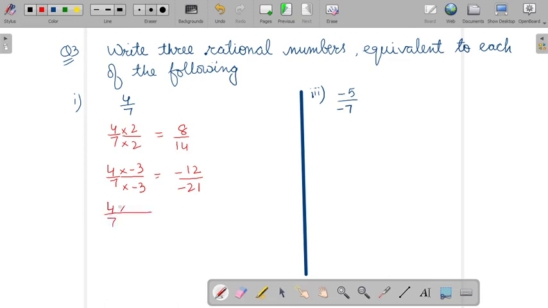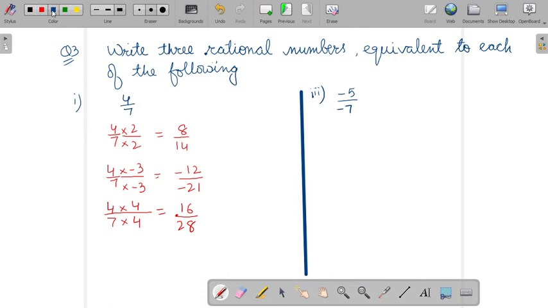Now again we will write 4/7. Now what would you like to multiply by? We can multiply it with, let it be 4. If you multiplied by 4 in the numerator, then in the denominator also you multiply by 4. So it is coming as 16/28. So what do you observe? If you cancel these terms, or we can say if you write them in the standard form, again you will be getting 4/7.